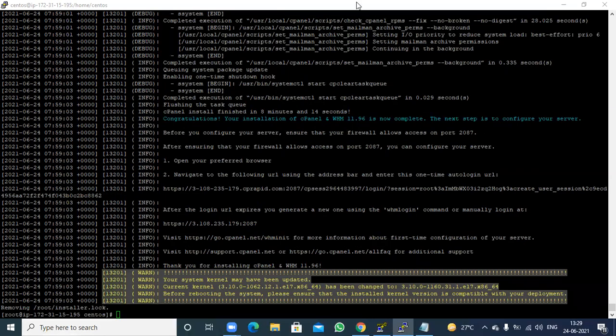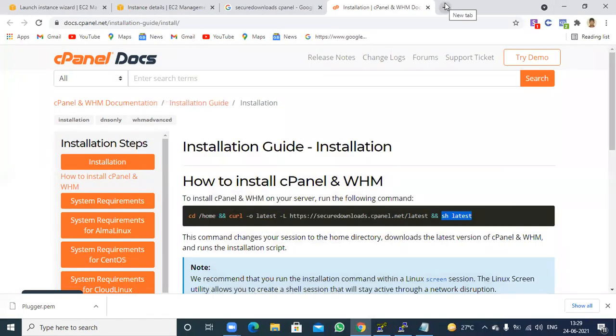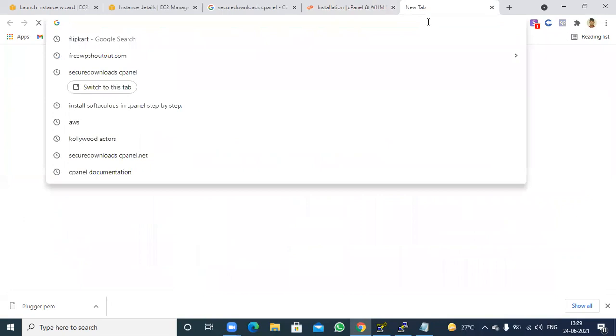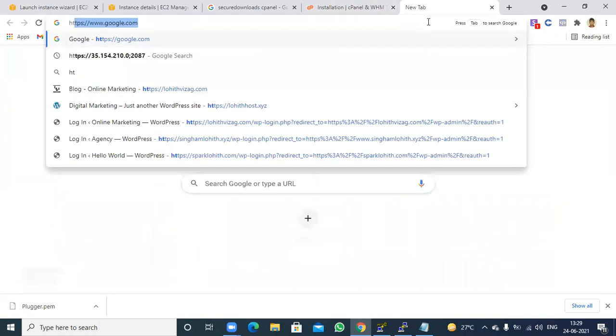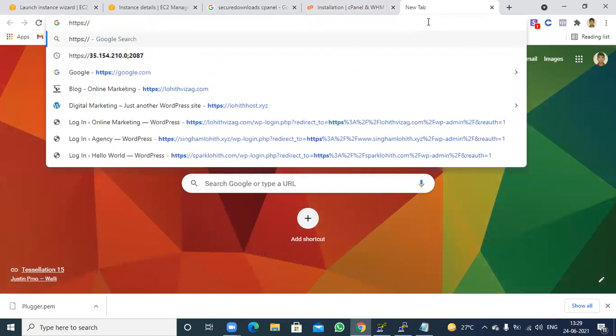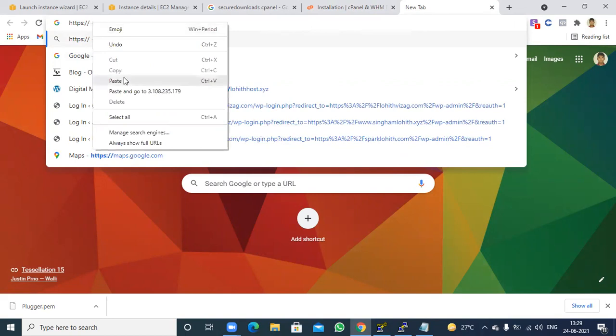Now it has been downloaded successfully. So now I'm going to create a WHM itself. First of all, you need to copy the public IPv4 address itself. Now I'm going to this new tab, and then you need to enter https, then paste this public IPv4 address